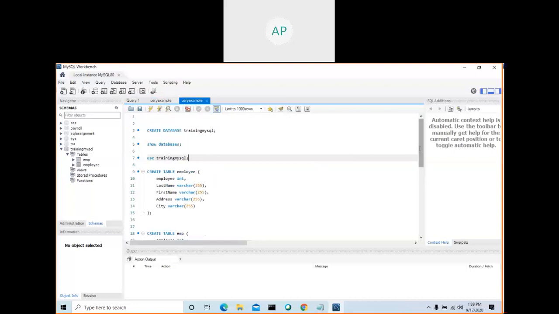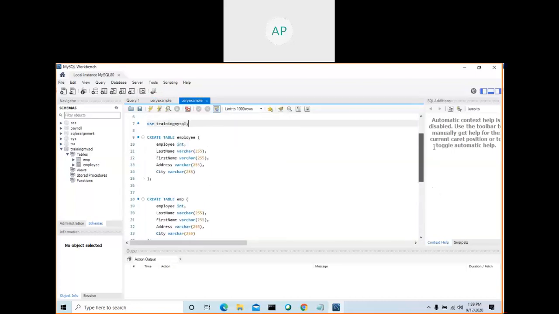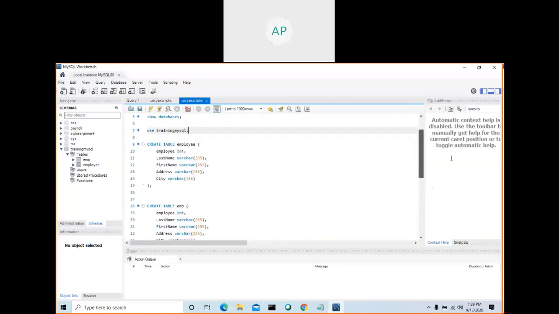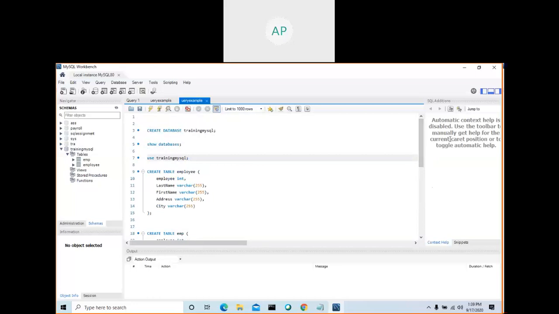You know how to create a file, how to save a file, how to open your file, and you are going to write all your queries here. Save it. See, whatever I typed in the previous session, it is here. That's the use of saving. Otherwise, you may not be able to get your queries.